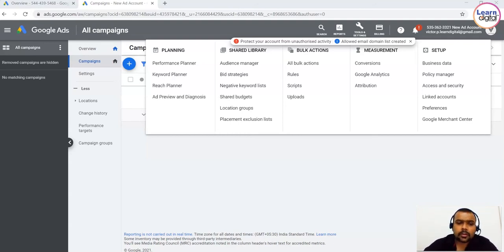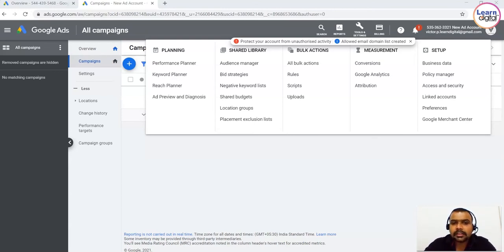If you are working on an account type that you are familiar with, you can access the code for the account's retargeting campaigns to ensure that the proper code is installed on the proper pages. You'll be able to see the bidding strategy, negative keyword, shared budget, location groups and placement exclusion. So you have multiple options over here where, as the name says, shared library, you're going to share your entire strategy for the other campaigns.